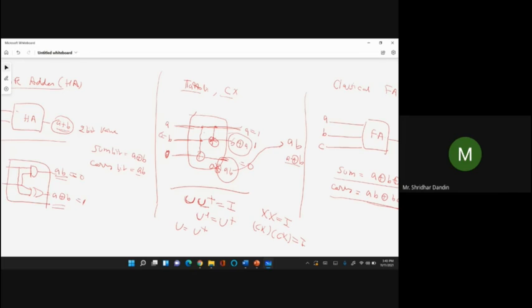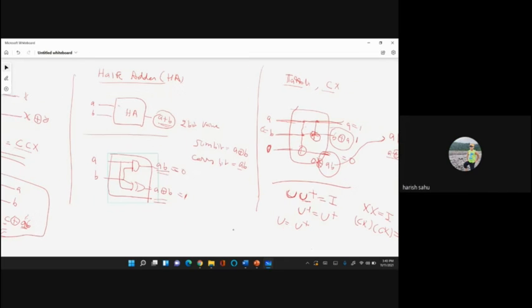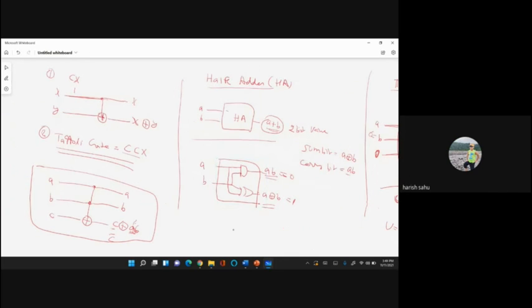You can see here also, if I apply CNOT here, what will happen?